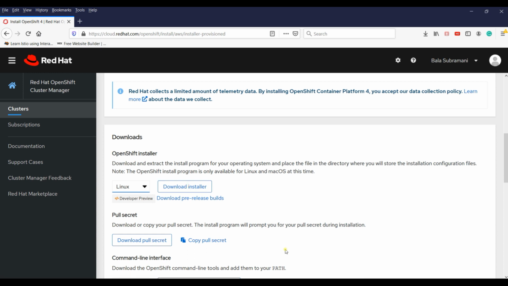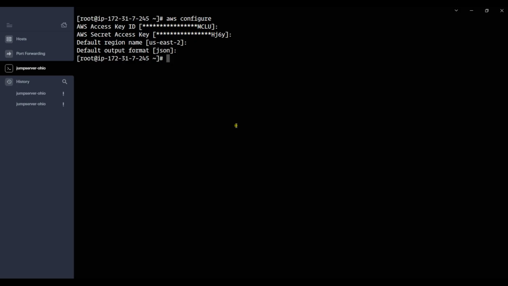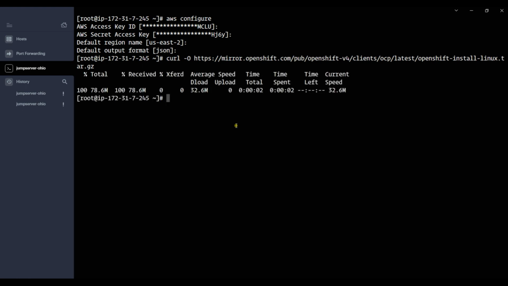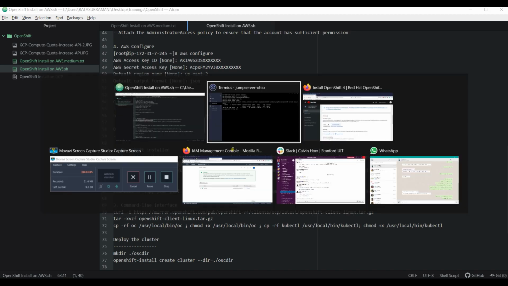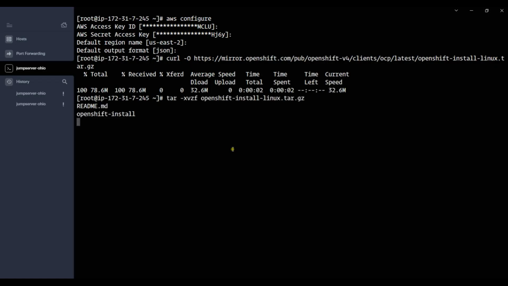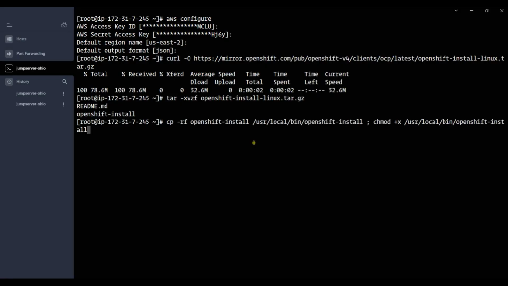The link I already kept in my document, so using the link, I'm going to download it, and untar it. Instead of setting up the path, I'm moving it to user local bin.